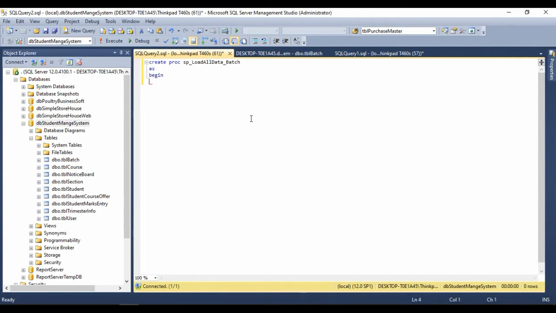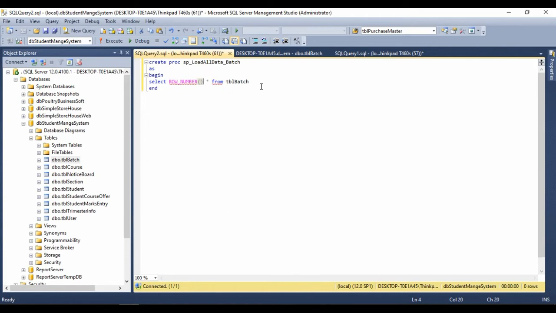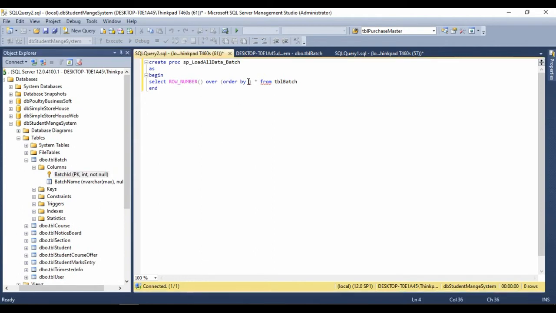begin, select star from this tbl_Batch, just copy and paste it here. We also need a serial number here, so we need to use ROW_NUMBER() over order by this batch table column, batch id, as SL, use comma. If I execute this query,